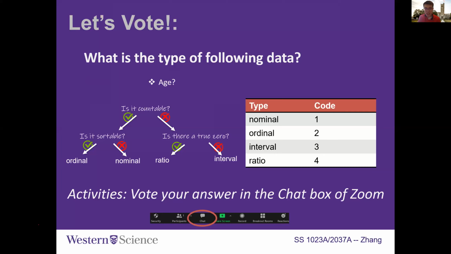So for age, I guess most of them believe it's either ordinal or ratio. I didn't expect that there would be so many different answers actually. I would personally agree with ratio, but it really depends on the definition you have.